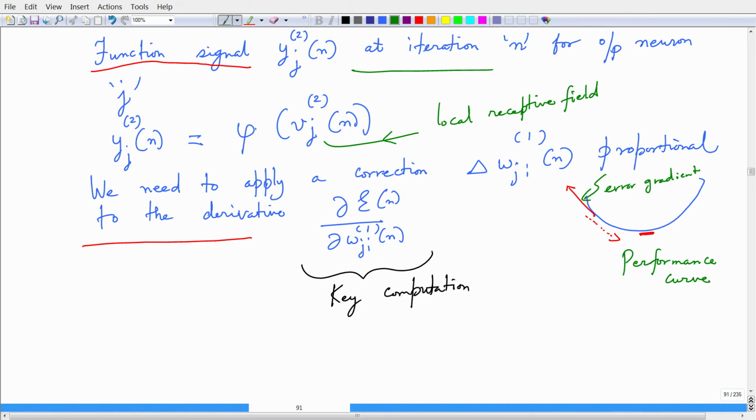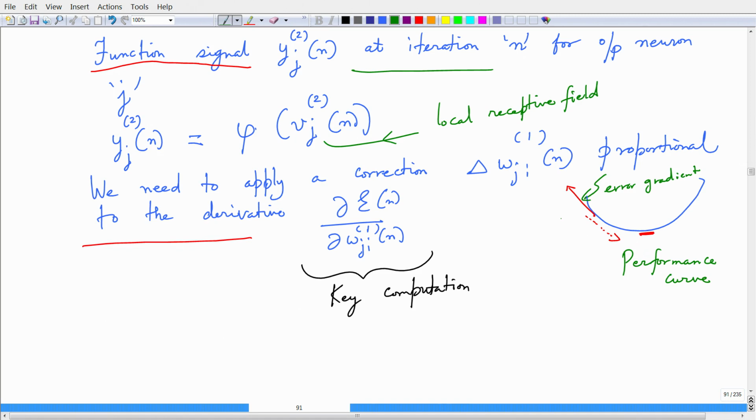gradient is. If it is going in a certain direction, we have to go in the opposite direction because we do not want to go in the direction of the error gradient, right. This is how the error gradient is going. As you go away from the bottom of the bowl, you are making more and more errors. If you are coming towards the bottom of the bowl, then your direction is right. So, the error gradient is opposite to where the saddle point is.